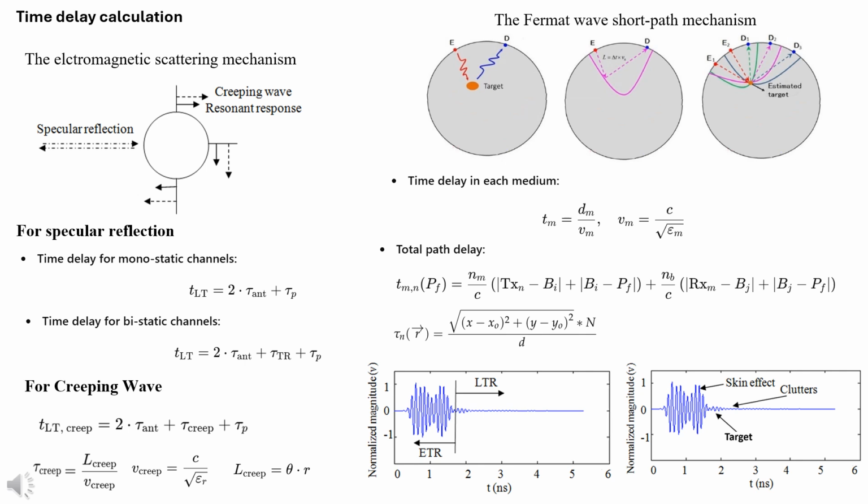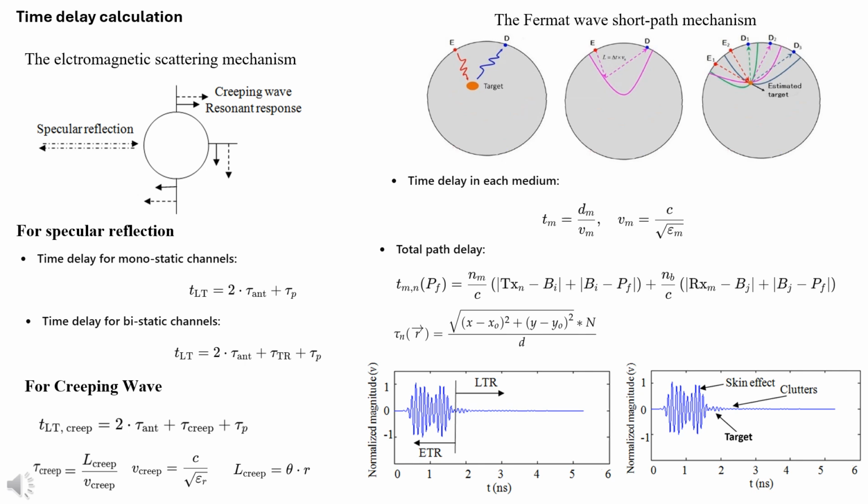In the equation, BI and BJ represent the boundary points along the propagation path, and PF is the focal point inside the brain, where the tumor or other abnormality is located. The refractive indices Nm and Nb and the speed of light are also factored in to calculate how the signal propagates through different layers. Using Fermat's principle, the system identifies the shortest electrical path, which ensures that the microwaves travel the most efficient route between the TX and RX antennas and the focal point. This principle improves the accuracy of the beam-forming process, which combines signals from multiple antennas to create a focused image